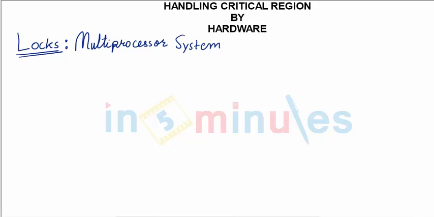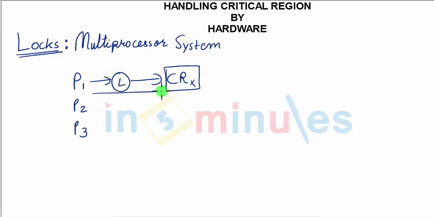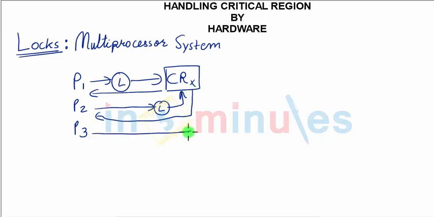After understanding locks, let us try to understand the special need in locks with a multiprocessing system. In a conventional system, as we have clearly said, we simply would require one lock to access the critical region, where all the processes one after another will acquire that lock to access the critical region. Once P1's job is done, it will come out, and next going in while acquiring the lock would be process 2. Once process 2 is done, the next thing going in with acquiring the lock is process 3, and it will also come out and release it.